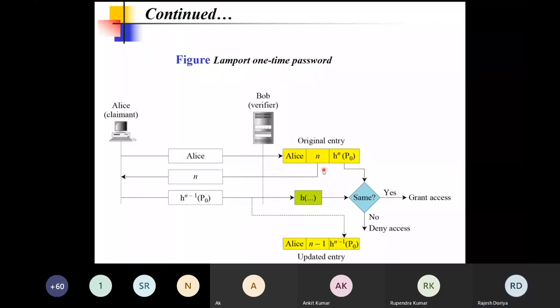So they just communicate with the help of hashing, and if they are trying to communicate the first time, then only one-time hashing is applied. If they are trying to communicate the second time, then double hashing will be applied, for the third time, third hashing, and so on and so forth. And if they match, then the access is granted. Otherwise, the access is denied. So this is one of the mechanisms for one-time password-based authentication. I hope you have got the concept.